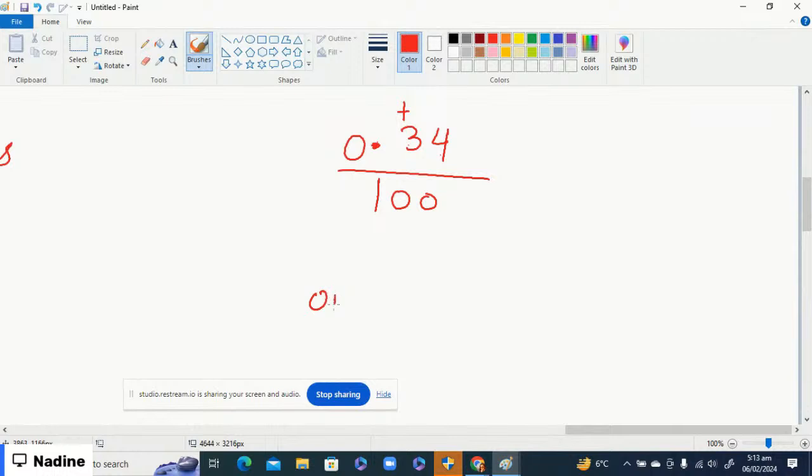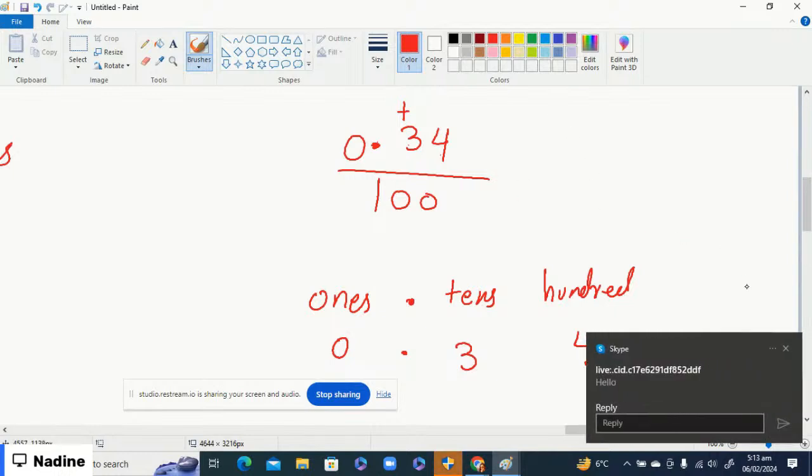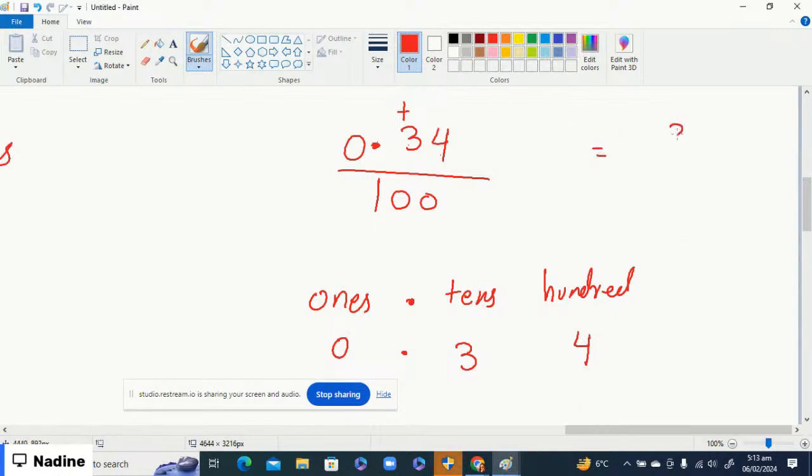Look, ones, then there is a point, then tens, and now it's 100. So in the ones place, it is 0. On the tens place, that would be 3. On the next place, it would be 100. So what is the answer? We are going to put it here, 34 over 100. Okay,